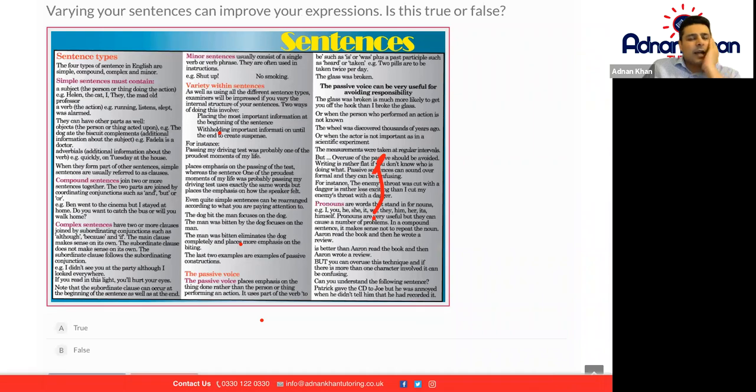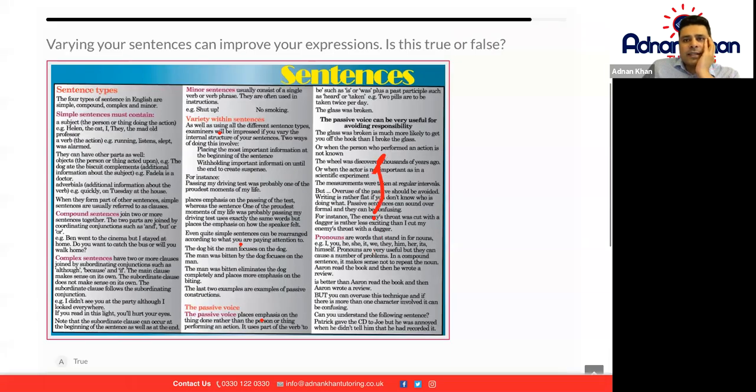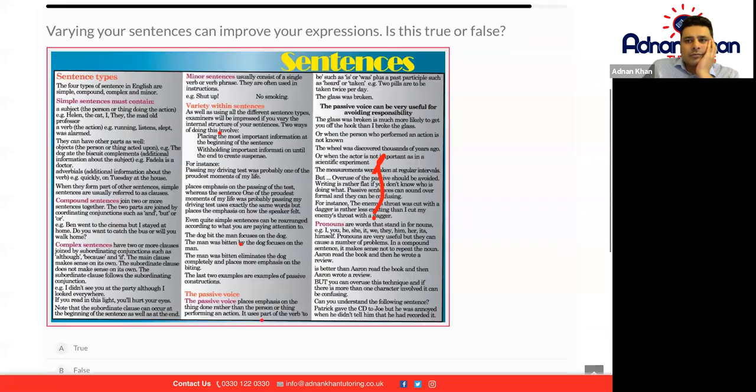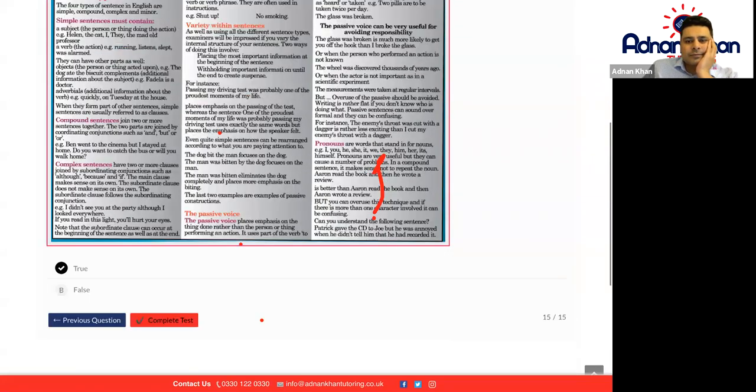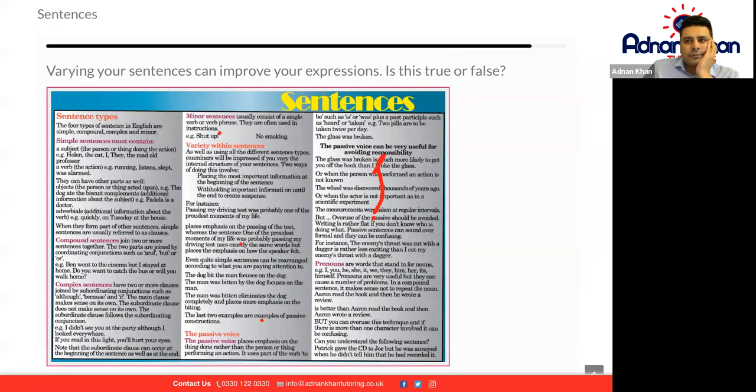Well done. And the last one for the day, last question: varying your sentences can improve your expression. True or false? True. True. Why? Because varying sentences normally means that the reader knows that you're capable